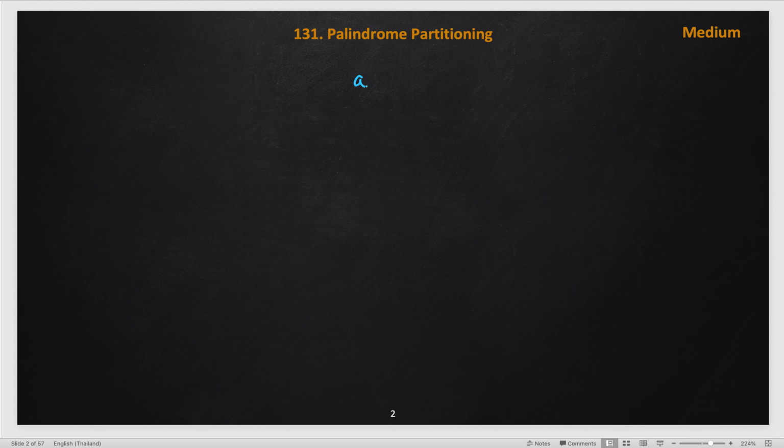If we have string AAB, we need to partition it. First we can partition this string into 3 strings, A, A, B, and if we see, all of the individual strings are palindromes, because a single character is a palindrome, which reads the same. So this is one of the answers. Let's divide more. Then we can partition with AA in one string and B in the second string. Both of the strings are palindromes, AA is a palindrome and B is a palindrome. So this will also be in the answer.